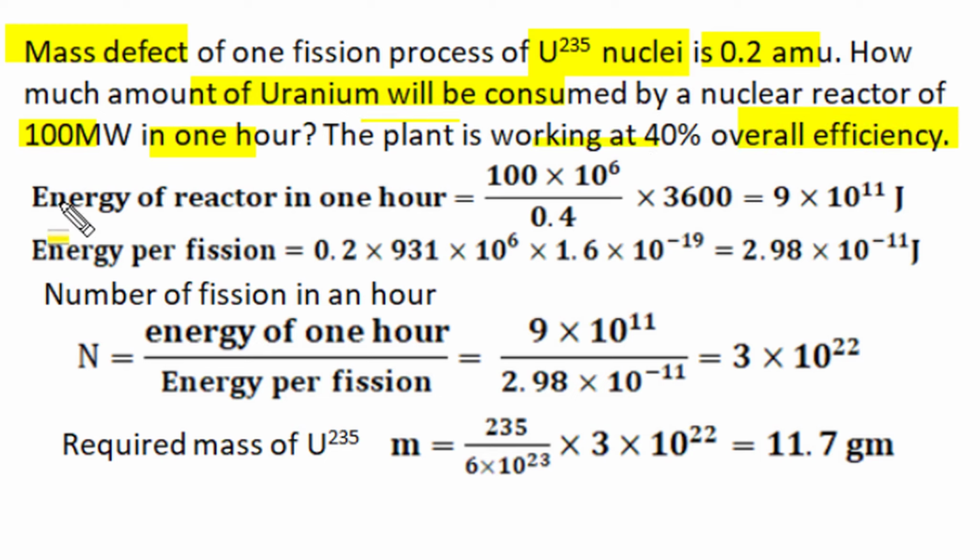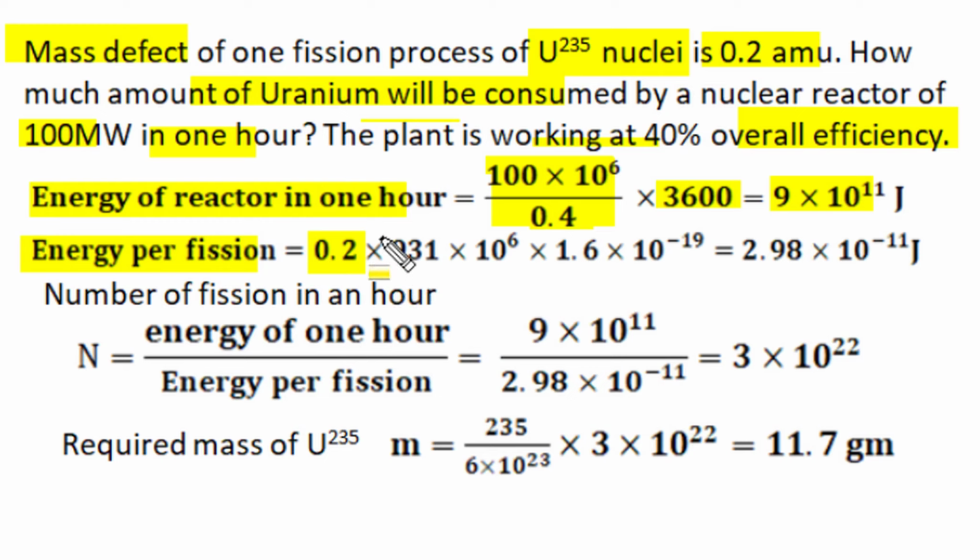So we can find out the energy produced by the reactor in 1 hour at 100 megawatt power and 40% overall efficiency. This is heat energy produced in watt for 1 hour, 3600 seconds. So watt into second is the joule energy produced by the reactor in 1 hour, equal to 9 into 10 to the power 11 joule. Now the energy per fission process of uranium-235 nuclei is 0.2 AMU, and 1 AMU is